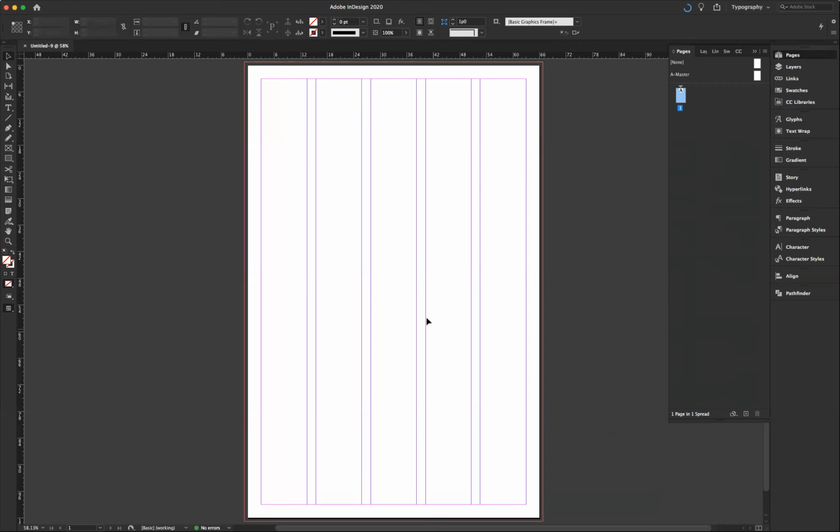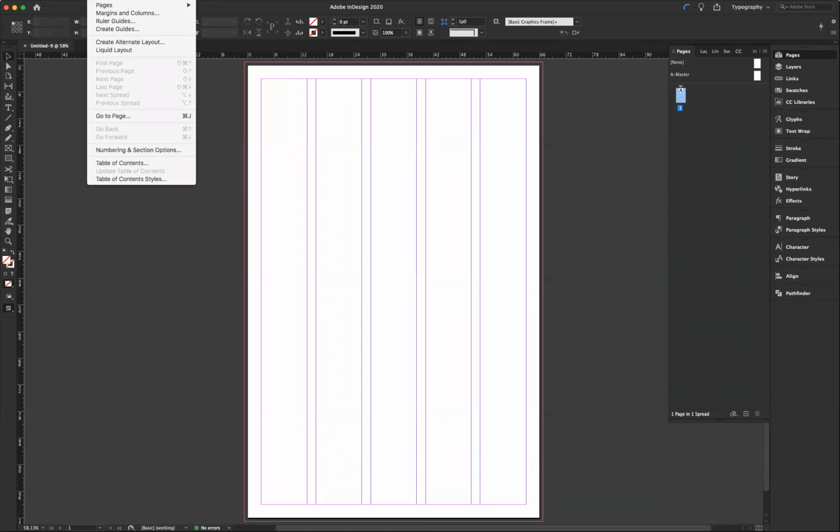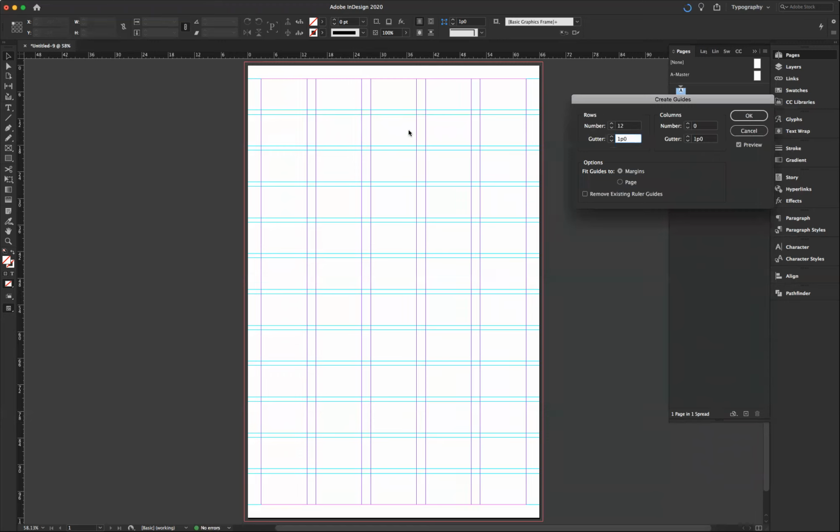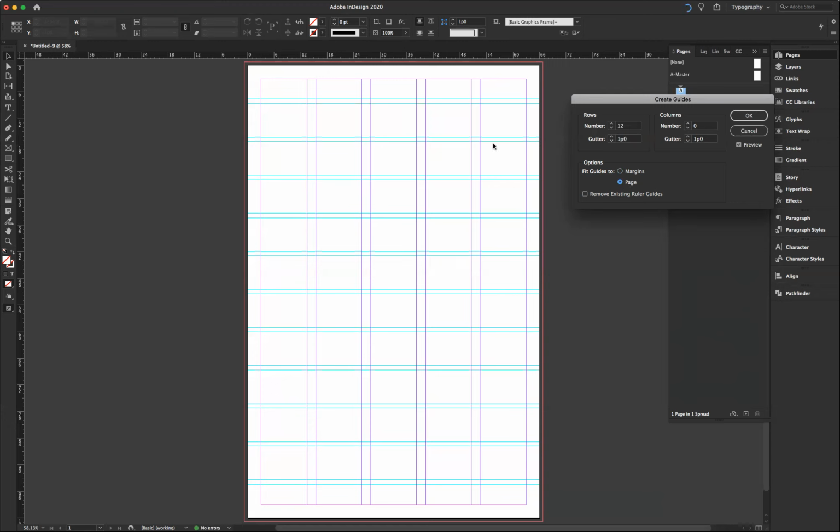What I also want to do is to add a set of flow lines, which are a set of horizontal grid lines, which we will also use to help us arrange things on this page. To do that, I'm going to go to Layout, Create Guides. I'm going to change the number of rows to 12 because I actually want them to be a horizontal rectangular shape. And I'm going to fit the guides to the margins, which means that there won't be any guides up here. You'll see if I change this to pages,